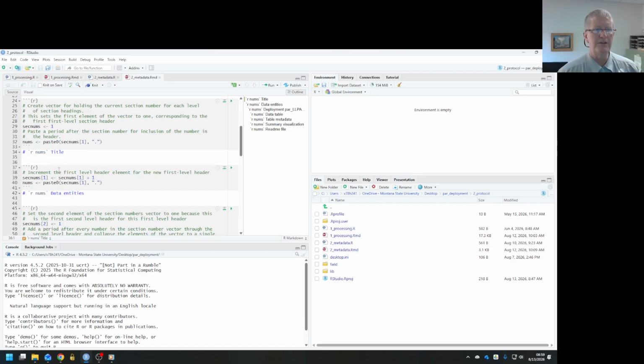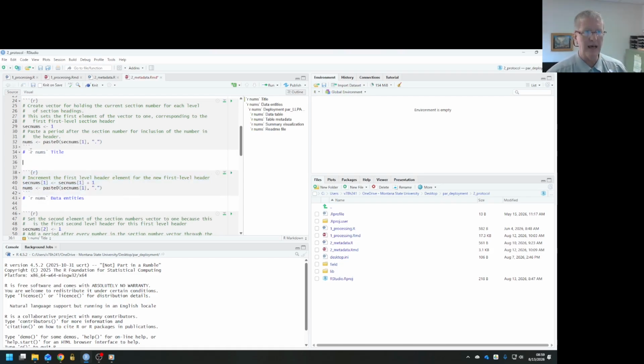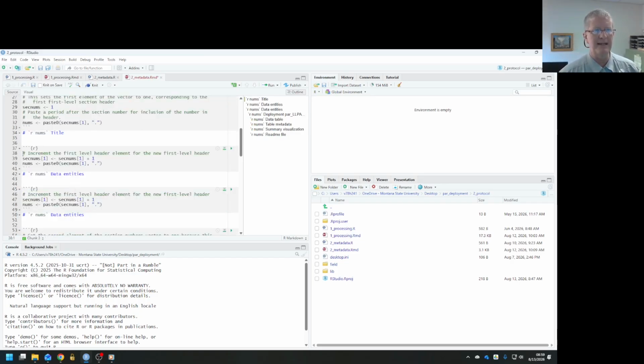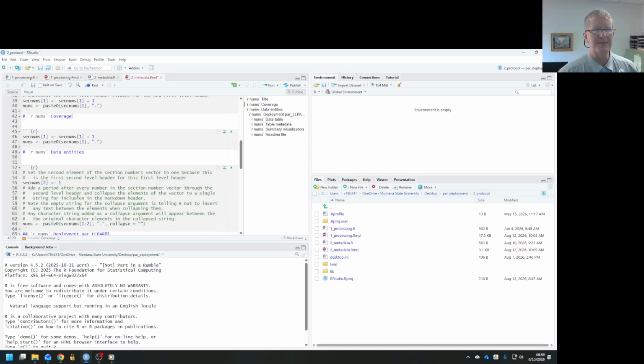and it's sort of setting you up for understanding what you're seeing in the data entities. So I need a new first level heading that is going to automatically add its numbering. So I'm going to copy and paste what I already have for data entities. Again, I don't need these comments more than once. Actually, I'll delete it here because that's the first time that comment is there for doing the incremental values for the headings. And I'm going to call this coverage in general. And then I'm going to have some second